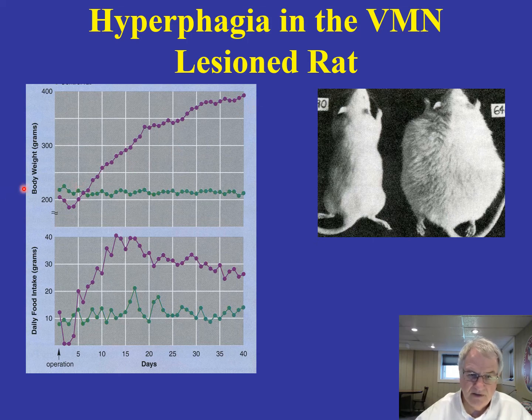And you can see this control animal right here. They show relatively steady body weight. And again, this is reflected in the amount of food that they eat. They're eating many more small meals in comparison to that of an adult that has not received that ventromedial nucleus lesion. So again, these are very interesting studies, which once again indicate that those parts of the brain in the hypothalamus are very important in terms of regulating our eating behavior.